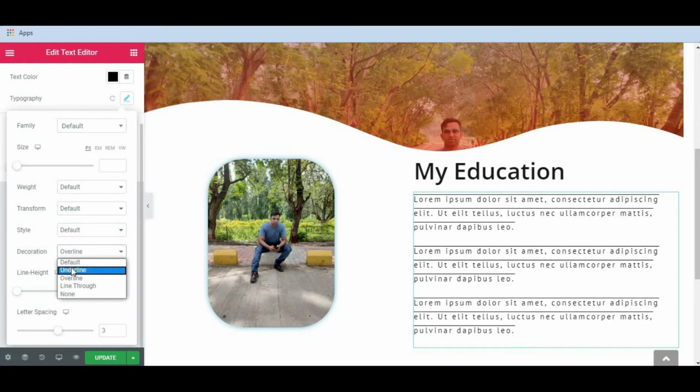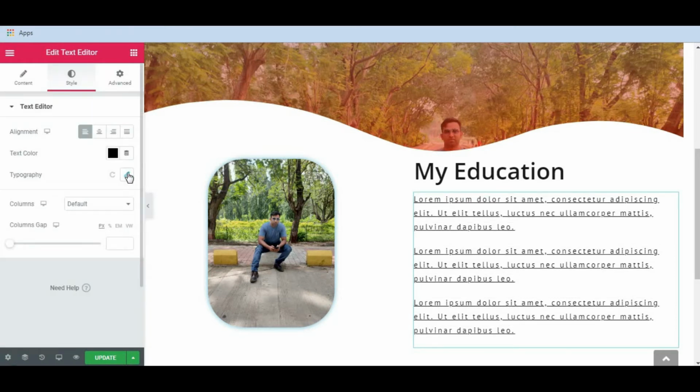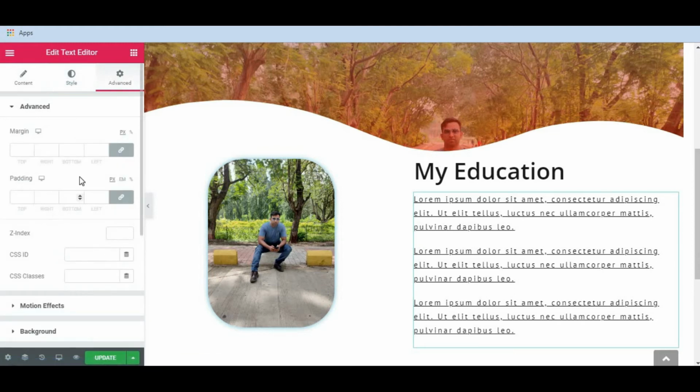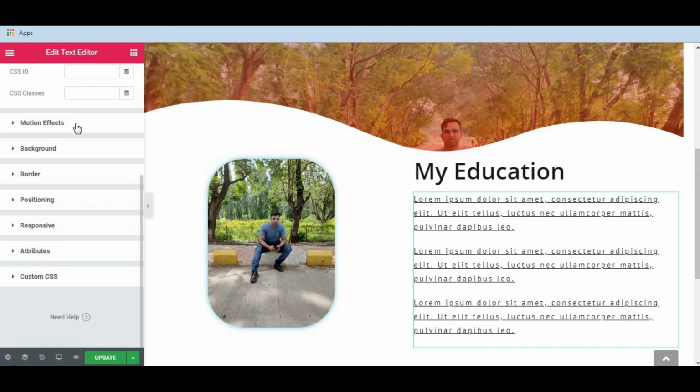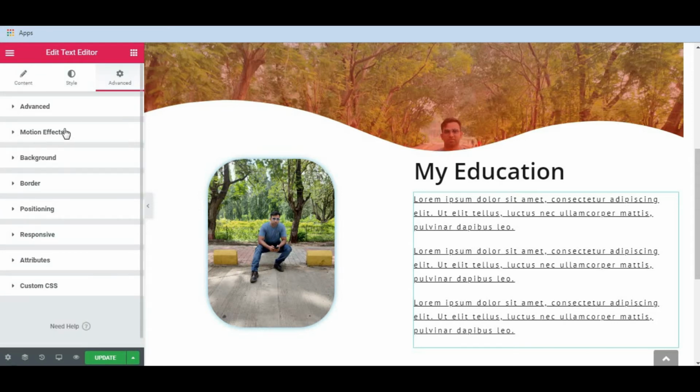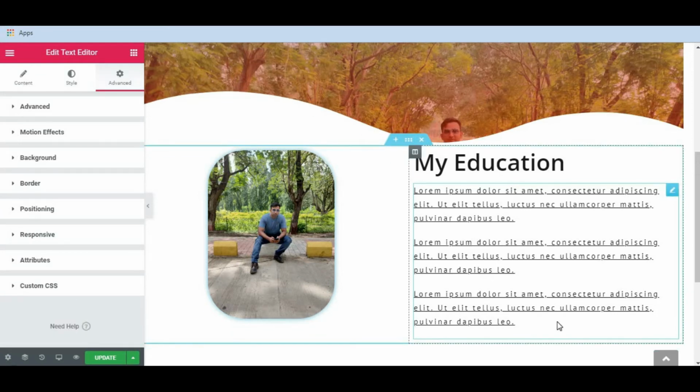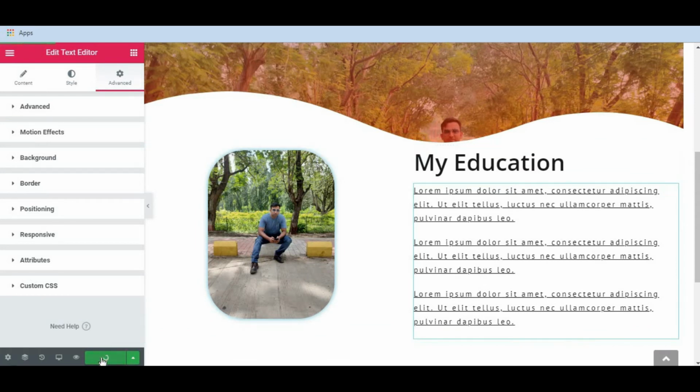I will keep underline. Okay, next advance. From here you can increase and decrease the margin, padding, but I think my point of it is perfect. But you must play with all these functions, motion effect, but I will not use anything, so it is perfect right now. So I'm not going to change anything. Okay, now if you are happy with this, then just click on update.